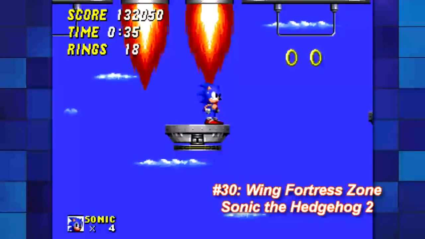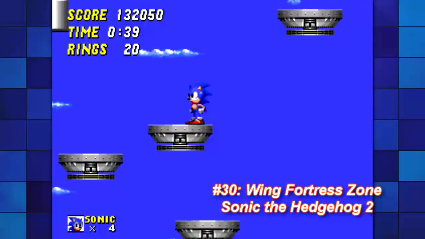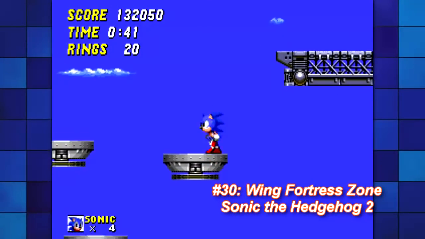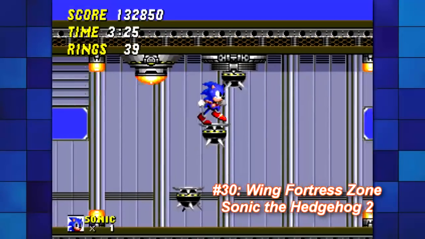Following Sky Chase Zone, Wing Fortress Zone works really well because it feels that the zones are starting to progress upwards as we get closer to the Death Egg. It's a cool zone where there isn't much of a floor, making for some good challenging platforming sections. The boss though is kind of...